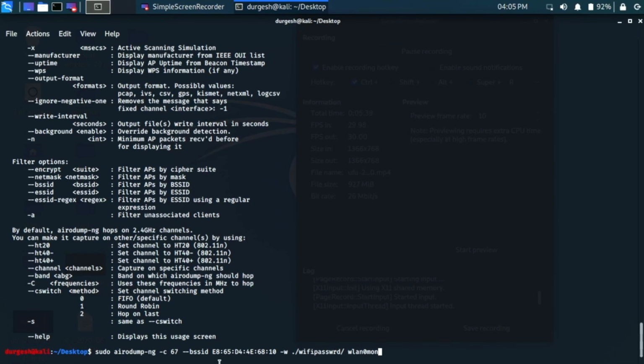Just a second, I think I have missed something. airodump-ng -c channel ID --bssid, you provide this, then -w, then wlan0mon. Just a second, I think there is no sudo access for that.